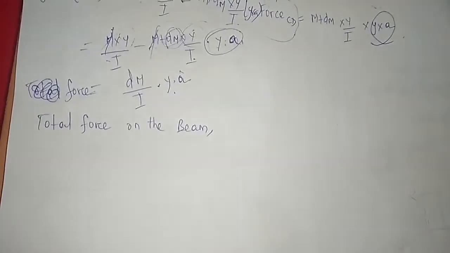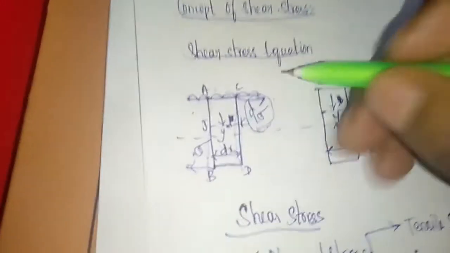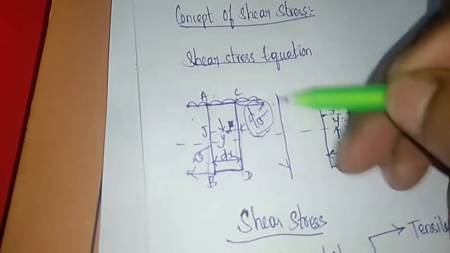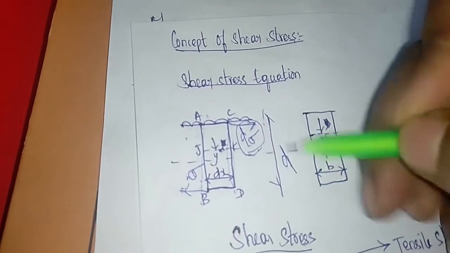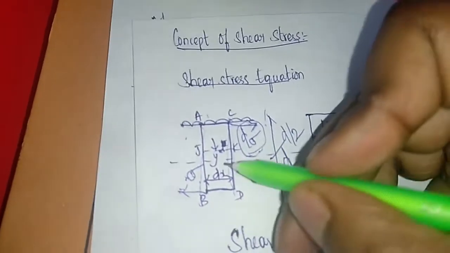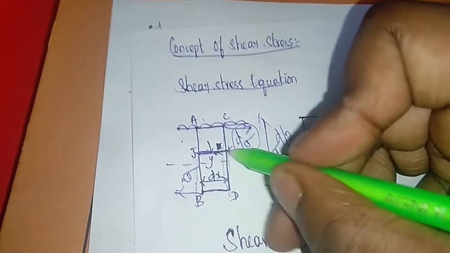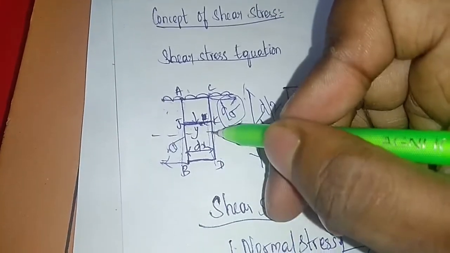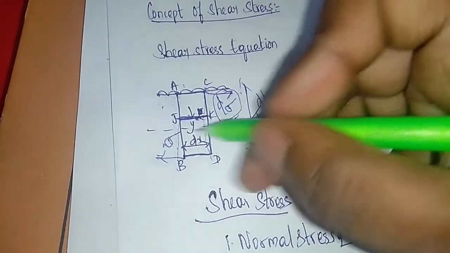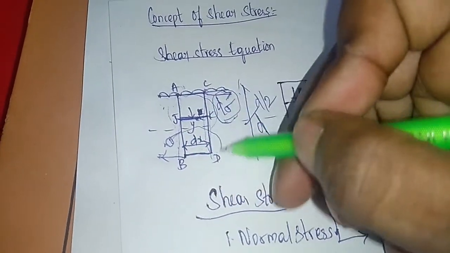Okay, so how will you integrate? So what is your depth? Actually, the total depth is denoted as d. Yes, so what is the depth till the neutral axis? It is d by 2. So the strip is in the place here. Actually the neutral axis is acting on the central portion. So this part is also similar and this part is also similar.